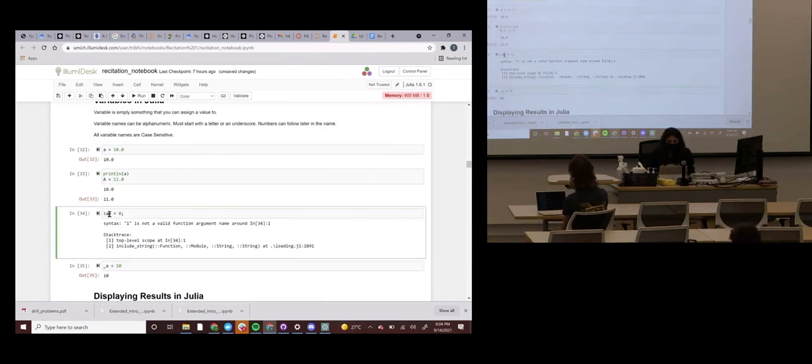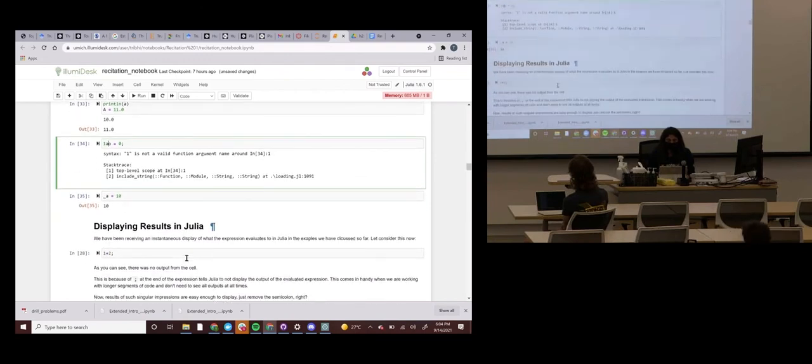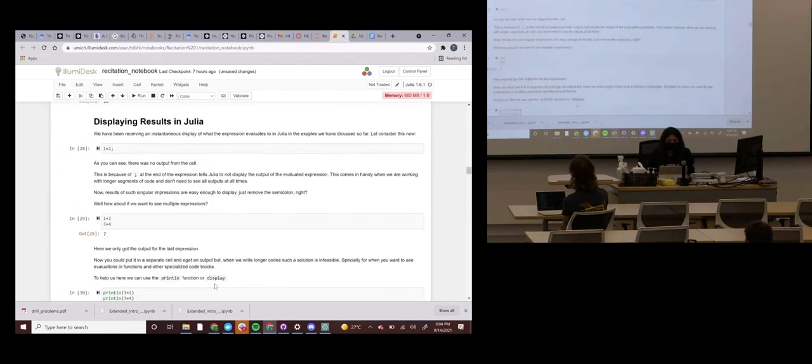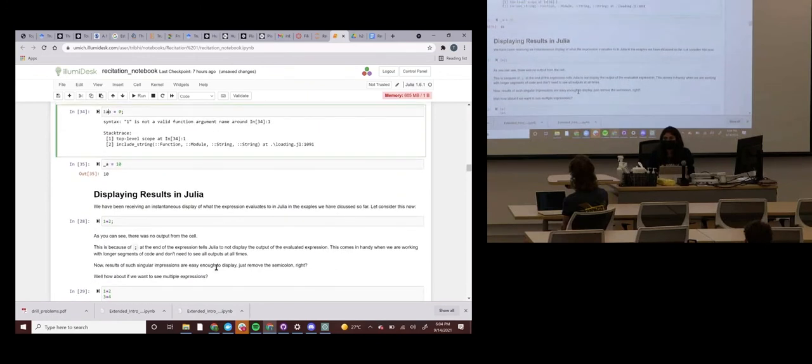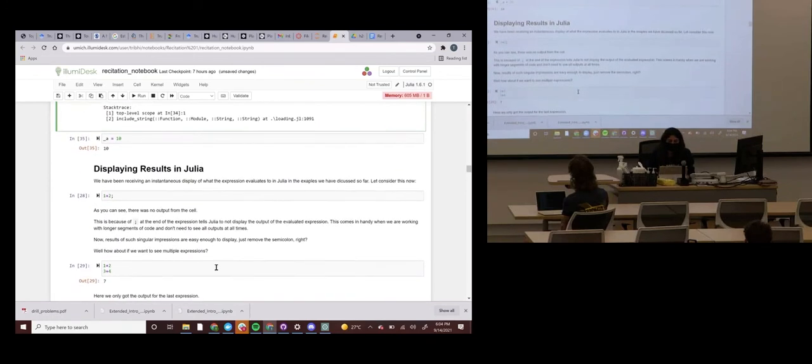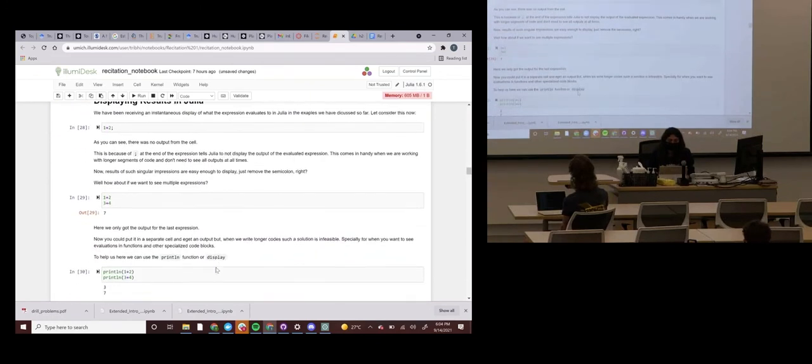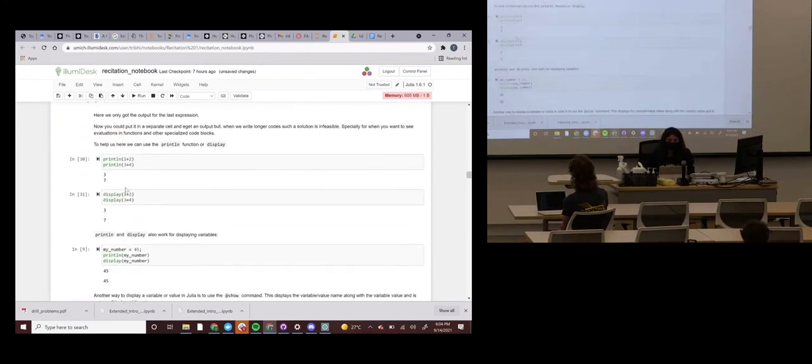Variables in Julia, you know how to name variables. Hopefully you guys have covered this in class. Otherwise, go through this notebook. If there's anything interesting, you might learn. You know how to display results, using display. What is the difference between println and